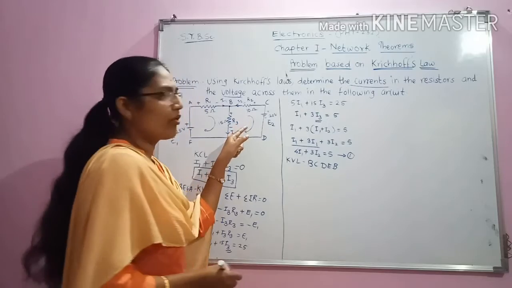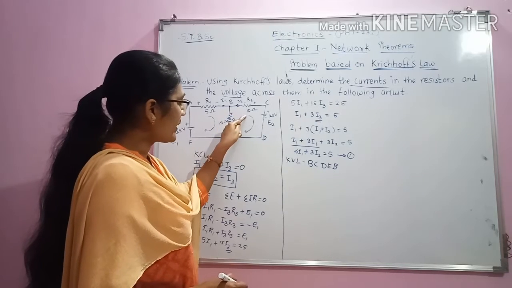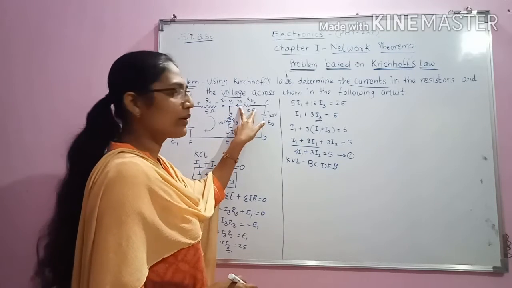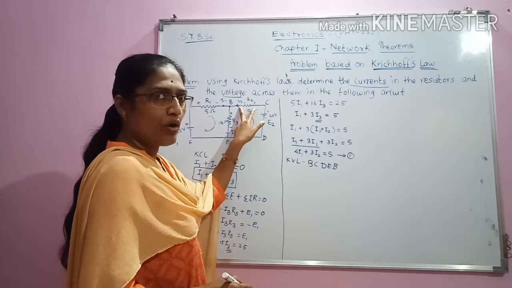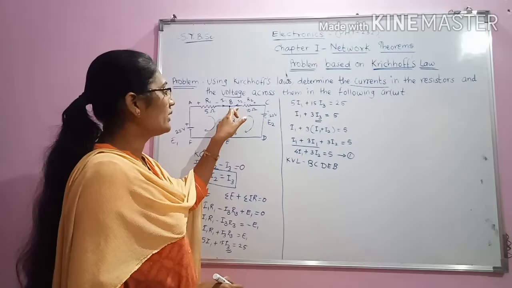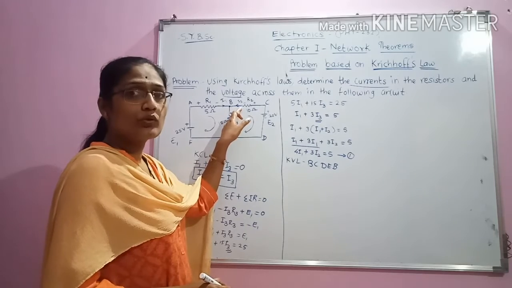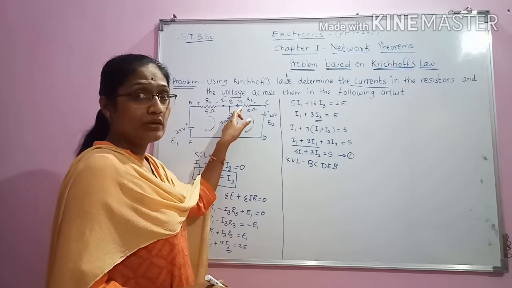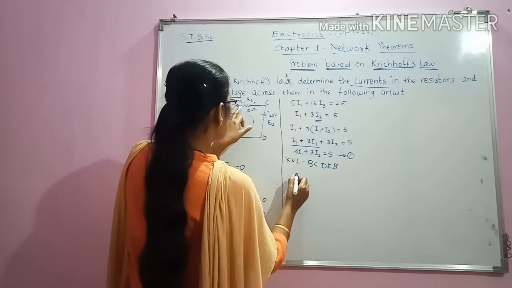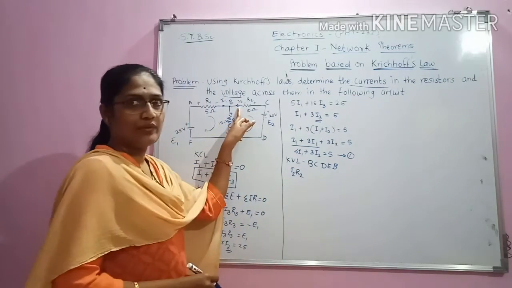Now, again we have to apply the same rule and same sign conventions. So here we are tracing the loop in this direction, and now we want to find the voltage drop across R2. If we observe, while tracing the loop we are moving in the direction opposite to the current. So its value will now become positive because we are moving opposite to current. So the voltage drop I2 R2 will have a positive value.